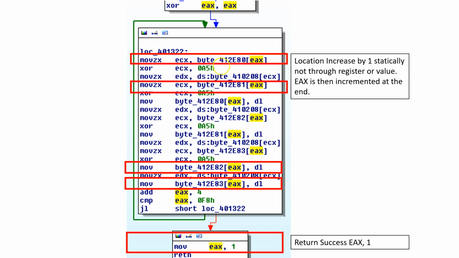The reason for that is it helps you iterate through memory as D-words or something like that, right? In this case, we do not do that. We are doing it in a D-word, in 4 bytes. So we see 80, 81, 82, 83. So that's 4 bytes. So we are working with 4 bytes. And we also see the add EAX, 4, which we'll move on to a little bit later.